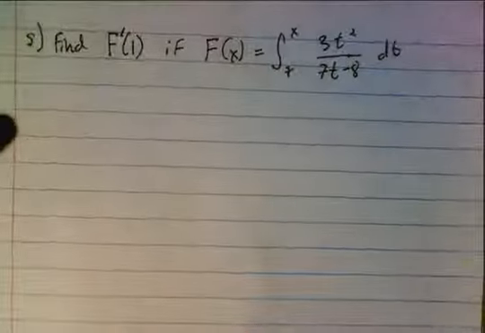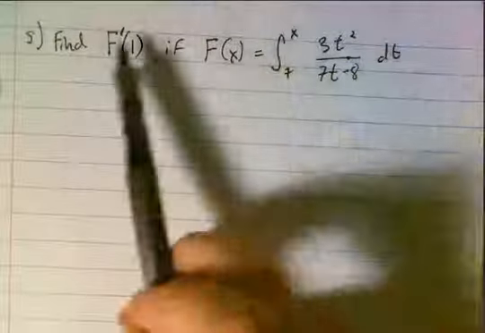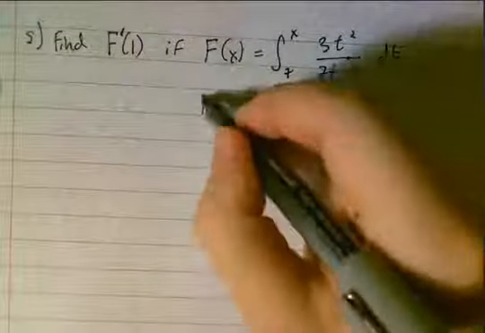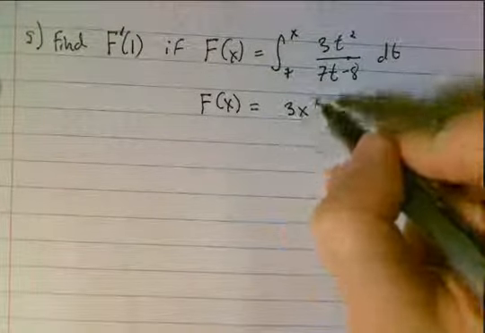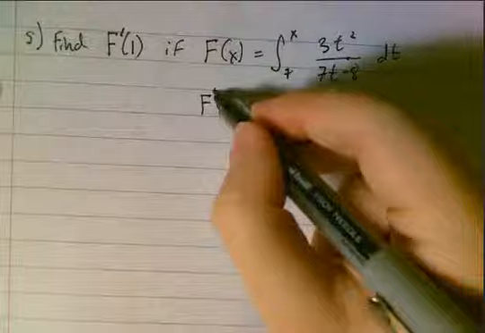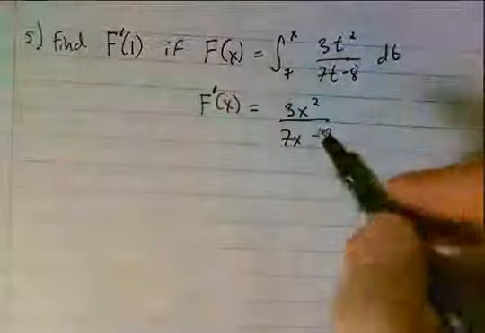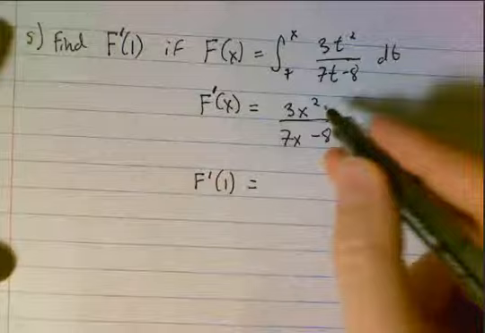Looks like it might be doable to find the antiderivative of that, but we don't have to because we're taking the integral and then we're taking the derivative again. So we can just say that f prime of x equals 3x squared over 7x minus 8. So f prime of 1 just means we put 1 in for the x,